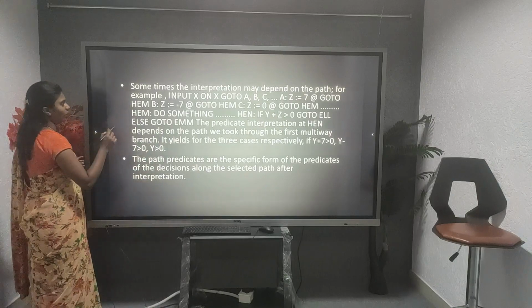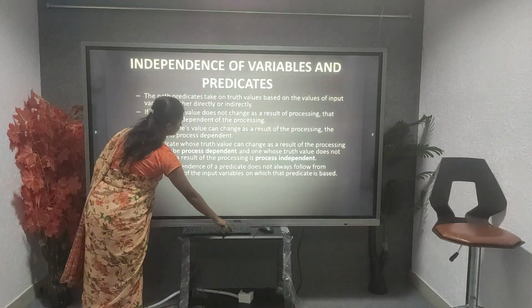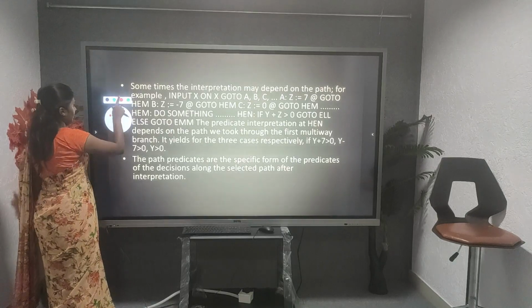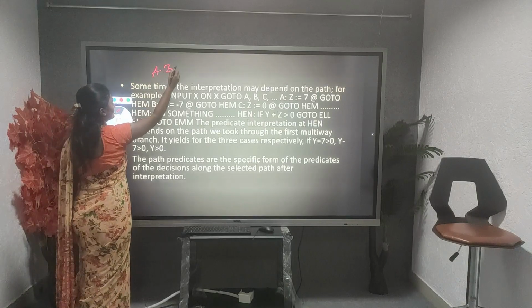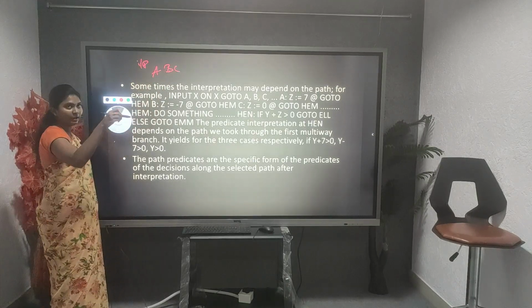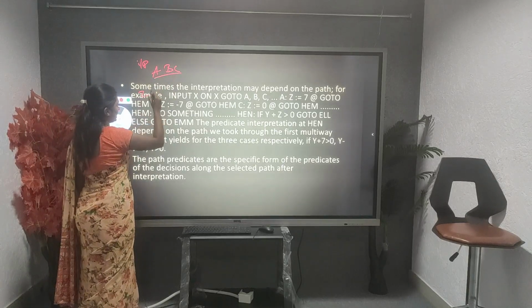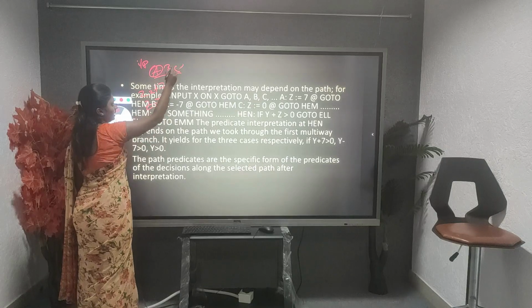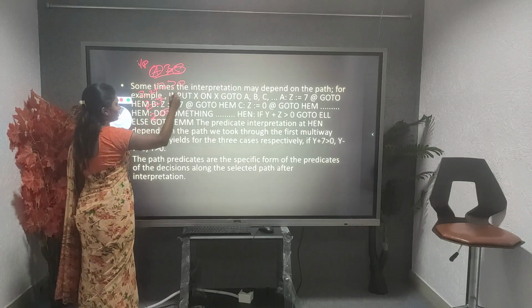How are we saying this? Suppose I am giving an input like A, B, C. I am taking the ABC as a Z. So the first value is plus 7, the second value is minus 7, and the third value is Z, which may be equal to 0. So this is greater than 0.